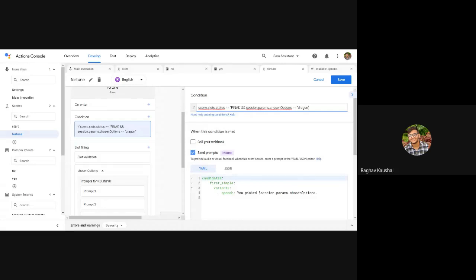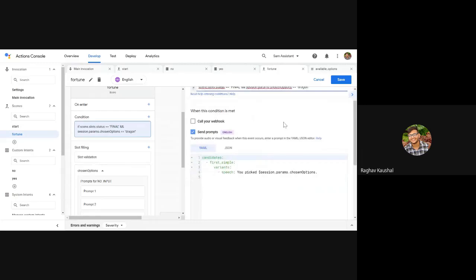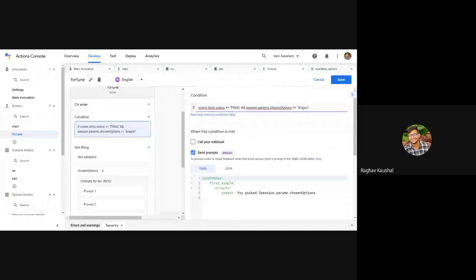So the first part means the user has selected one of those, and that whatever he has selected is dragon. Again we are accessing it with sessions.params.chosen option. Then do this. Okay, I have changed the statement. Understanding this is important. Do you guys got it, or do you want me to elaborate more?